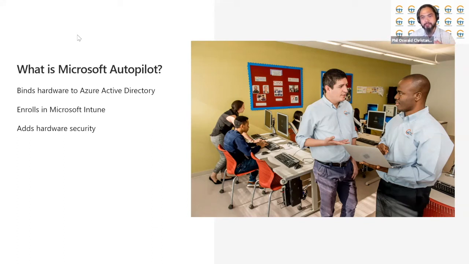So with this binding between the hardware and the Microsoft tenant, for one thing, it creates a layer of security, because at this point, if a hardware is purchased with Autopilot enabled and the vendor, be it Dell, Lenovo, or HP, already adds the hardware hash into Autopilot,